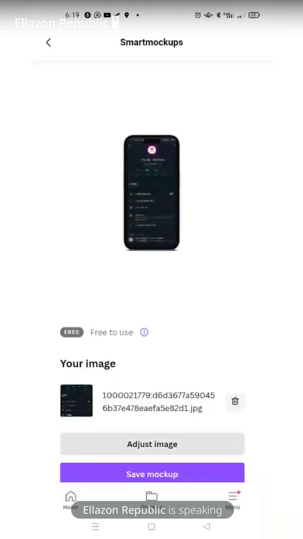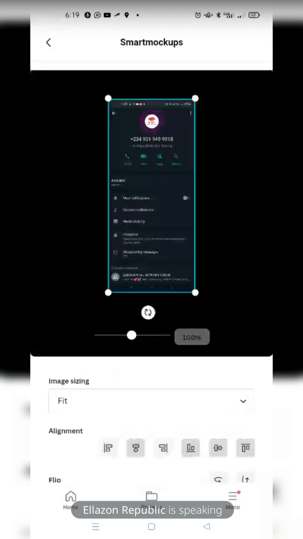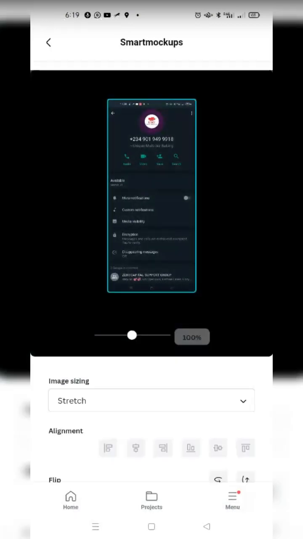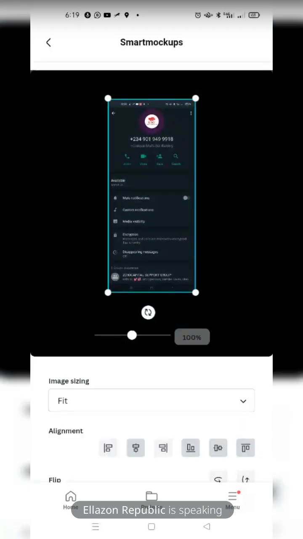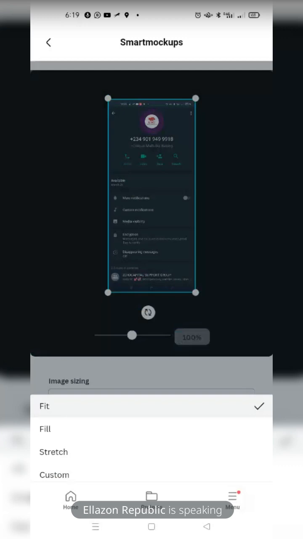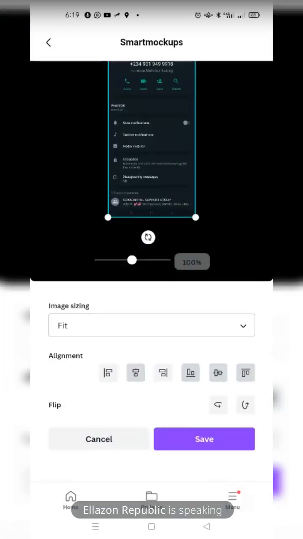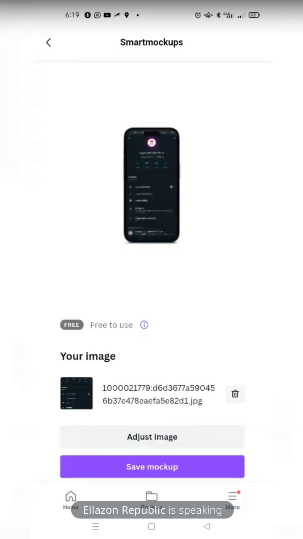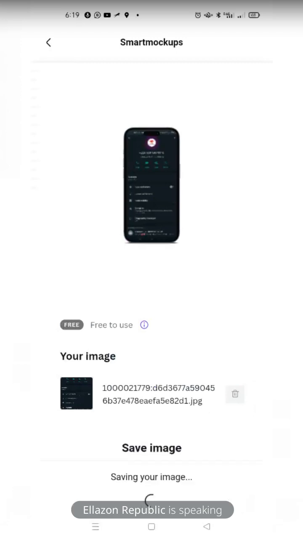If you want to adjust it, click adjust. Maybe you want to crop something out, or do anything major on it. Can you see the features you have? Depending on what you want, for me, I prefer that fit. And then you save it. If you want to flip it too, you can flip it. Then I'll save it. Save mockup. This saves on your phone. Once you're done,